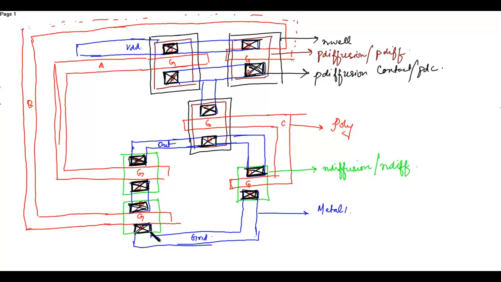Why? Contact means that you have to make a contact. Normally the metal layer just overlaps but is not connected. So in order to connect, you place the diffusion contact. So this is the N diffusion contact